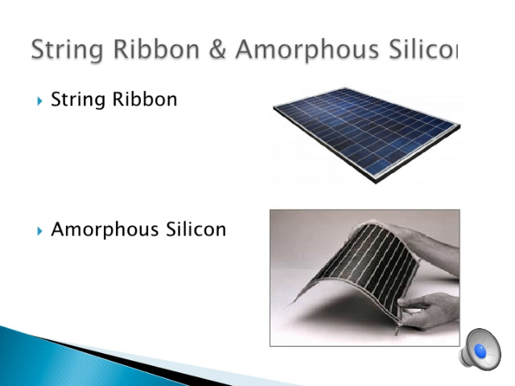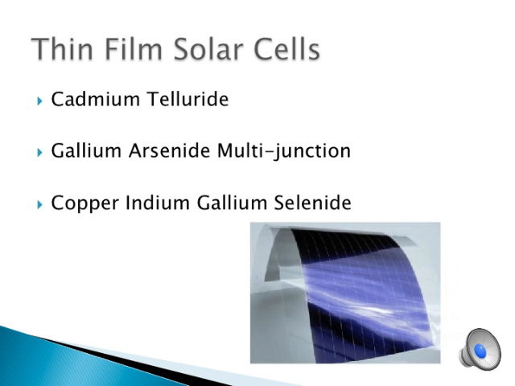The typical efficiency of string ribbon solar cells ranges between 13 and 14%. However, there have been several efforts to improve the efficiency of string ribbon solar cells. Researchers in Georgia Institute of Technology were able to fabricate a solar cell on string ribbon silicon wafers with efficiencies